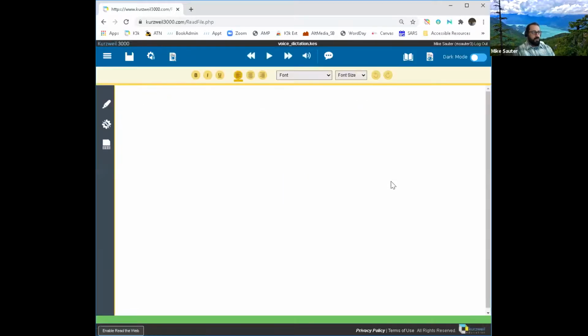So we get a new document that is opened up, and this again is just a regular blank document. Now, voice dictation is the ability for you to basically speak and type at the same time. The tool is found at the top of the toolbar, and this little speech bubble, if we hover over it for a second, it will show speech to text.